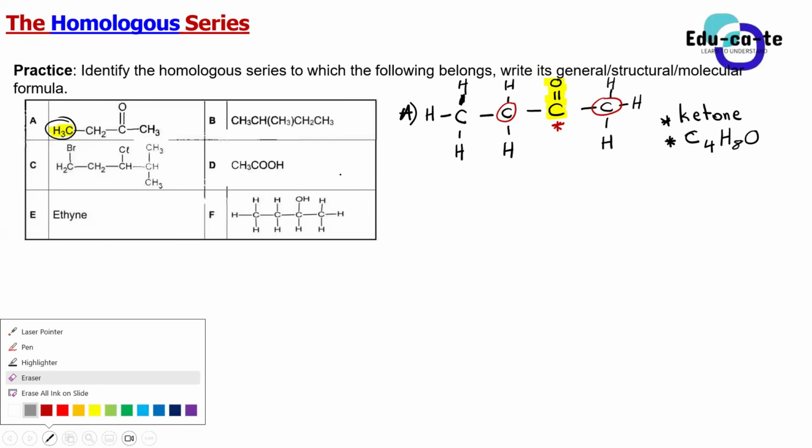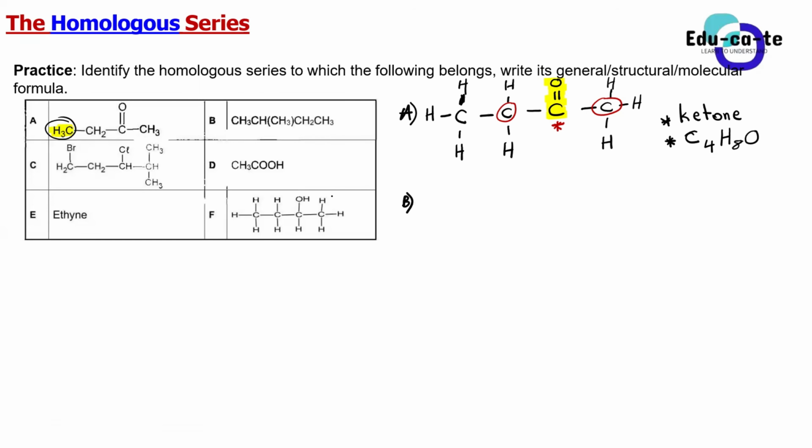Let's go to B, guys, quickly. You were supposed to do this as an activity, by the way. At B, what are we given? Is it a structural formula, or a condensed formula, or a molecular formula? Condensed formula. Yes, it's a condensed formula. So now my question is, to which homologous series does compound B belong? An alkane. But first, how can you figure that out?